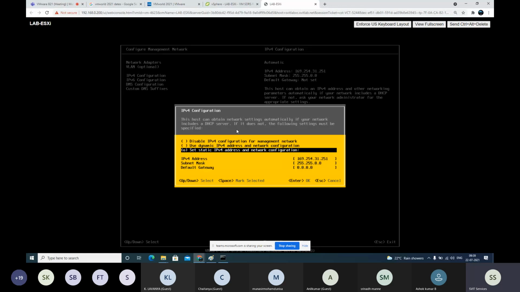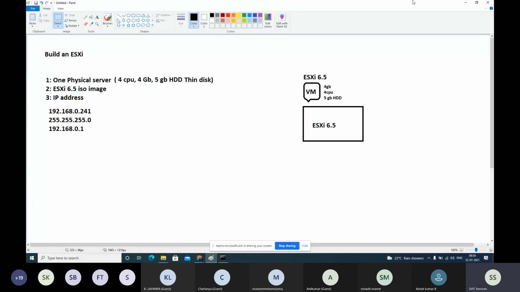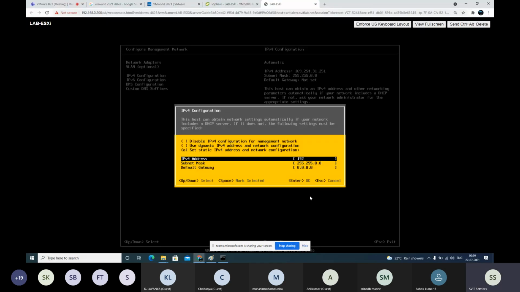Next to set static, there is a small mark within the brackets. If I go down, the second option is selected, press space bar, then again down arrow, here you enter that IP address that you made a note of, that you identified as a free IP in our lab. Use that.